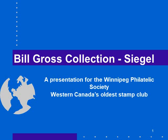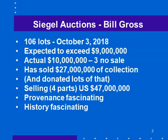This is a presentation for the Winnipeg Philatelic Society, Western Canada's oldest stamp club, and it's about the sale of the Bill Gross collection, or rather part of the collection, at Siegel Auction Galleries in 2018. Now there were 106 lots. This was the first of 4, and they were sold on October the 3rd, 2018. The sale was expected to bring $9 million, and it brought $10 million even though 3 of the lots did